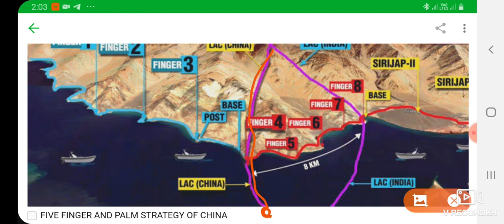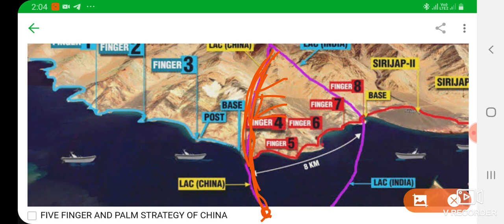So what the Chinese want is to acquire this area, I mean Chushul Valley. In order to grab Chushul Valley, they are making forward movement up to this area. If the Chinese have a hold on this fourth point, gradually they can bargain for this area also. They can say that this area is also theirs. Likewise they are making some developments up to this fourth point of the finger points. If this fourth point comes under their control, automatically their next step will be Chushul Valley.